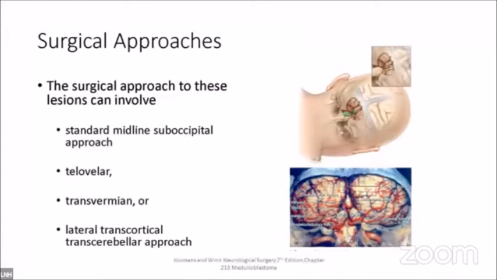Surgical approaches: the standard is the midline occipital one. Here, one of the most dreaded complications is cerebellar mutism. If you want to do a medulloblastoma, one should try to do a telovelar approach. The telovelar approach has fewer chances of causing cerebellar mutism. It is slightly tedious. You have to go a bit lower to the cerebellomedullary junction and then go upward, look at the tumor from below first, and then gradually move upward. But it has the lowest risk.